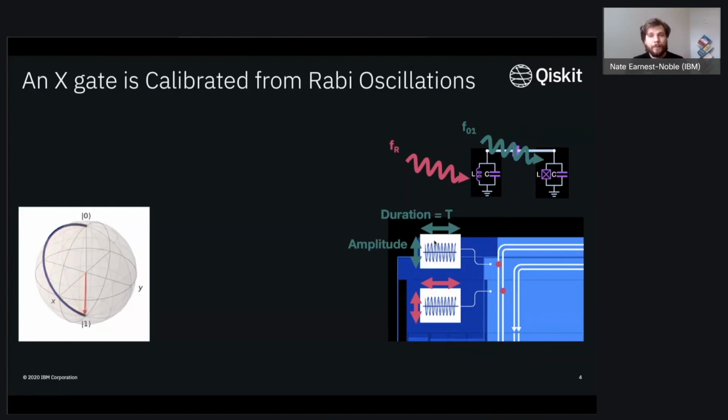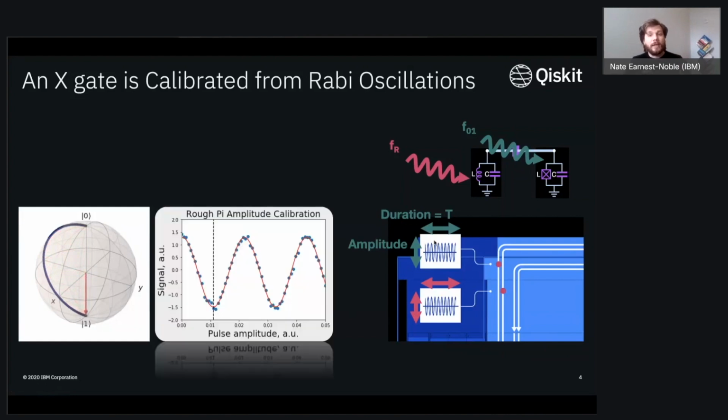Now, if you were to continue increasing your amplitude, what you would end up finding is that you get these oscillations where it starts off at some point, comes to another maximal point here, and then as you continue to increase your amplitude, it oscillates back and forth. These oscillations are known as Rabi oscillations. And it's from these oscillations that you can calibrate your X gate. Namely, the pi pulse from your Rabi oscillation is going to give you the rough calibration for your X gate. Pi pulse just simply corresponds to the angle of rotation about your Bloch sphere here.